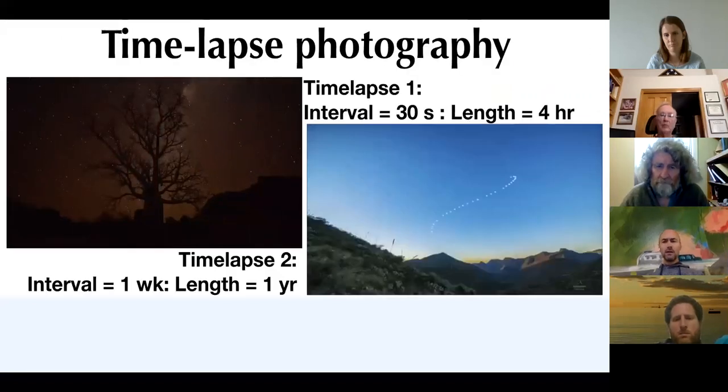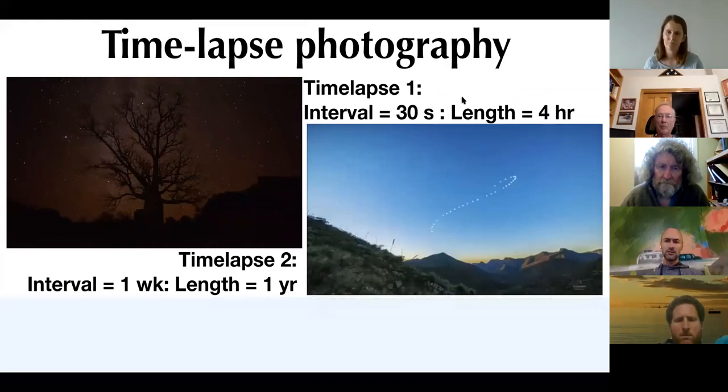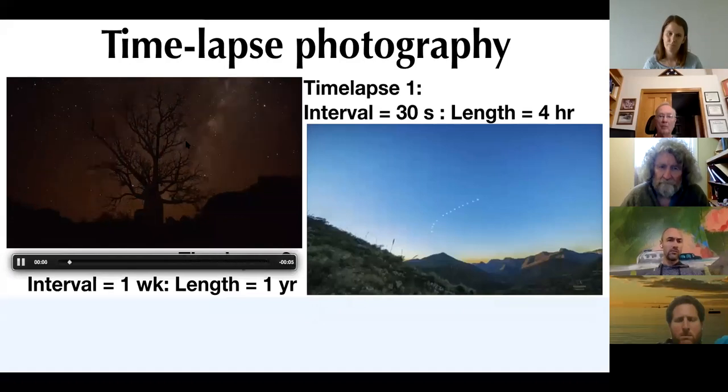And so, as some of you may know, I like photography and specifically time-lapse photography. And so where Steve refers to this as zircon time-lapse or time-lapse zirconography, I thought, well, how does this compare with just normal time-lapse photography? So I've got two time lapses on the screen here. The first is a time lapse that I took in Northern Australia, where I took one photograph every 30 seconds for 4 hours. And so you can see we've got a boab tree in the foreground with the Milky Way